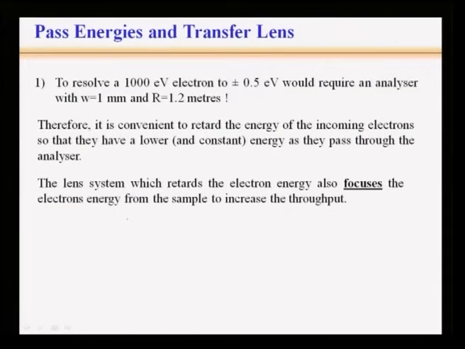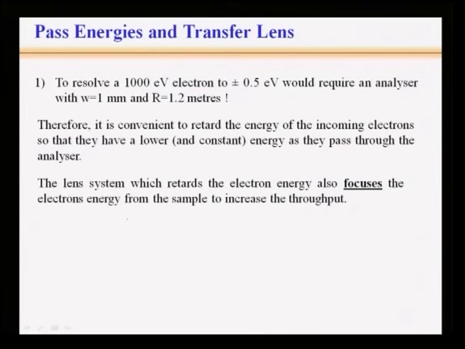The second thing is that I discussed pass energies and transport lengths. You need very high resolution in XPS because the binding energies to be measured can differ by about 0.5 electron volts. That is why we require an analyzer with W equal to 1 millimeter and R equal to 1.2 meters. You can understand, a small width but a large radius. That means